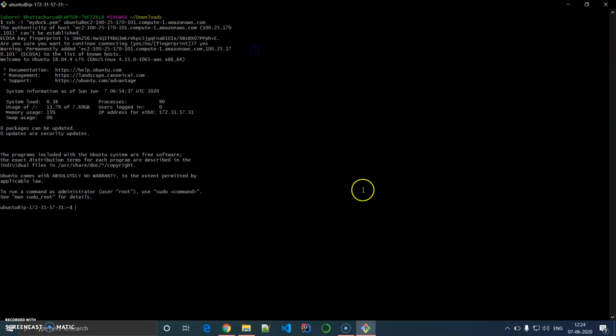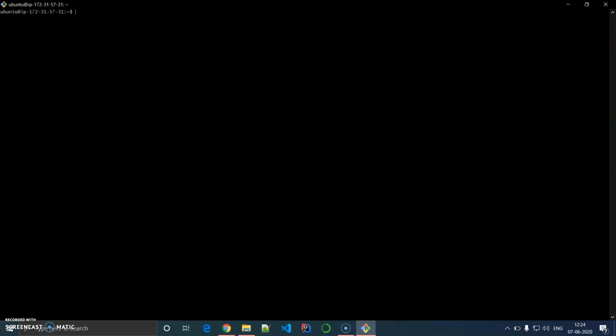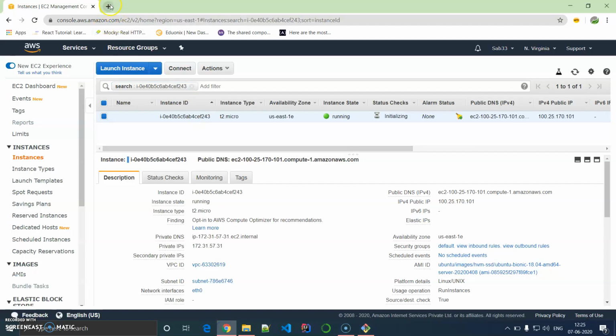Well, let me full screen it. Yes, here you will be able to see the kernel versions and all the regular details. It's basically a Linux server, an Ubuntu server, that you are getting in the form of the EC2 instance. Here what I am going to do now is